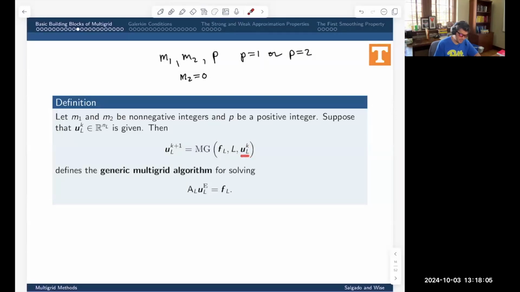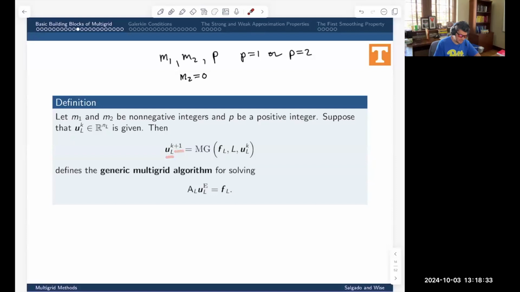Suppose we have ULK, capital L is our finest level, and we want to improve upon that using our multigrid algorithm. Remember what we're trying to solve. We want to solve this equation here. So we're given this, and we're given an initialization, and we want to improve upon it. And we're going to use the multigrid algorithm to do that, and it's defined precisely as